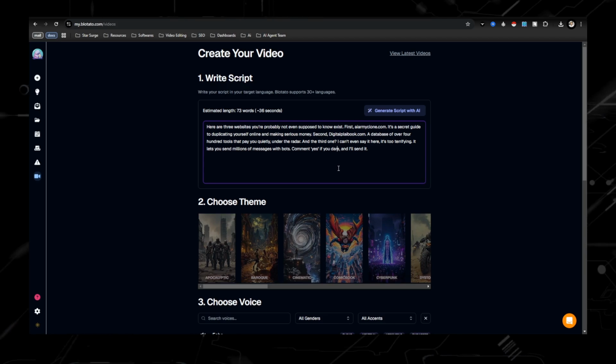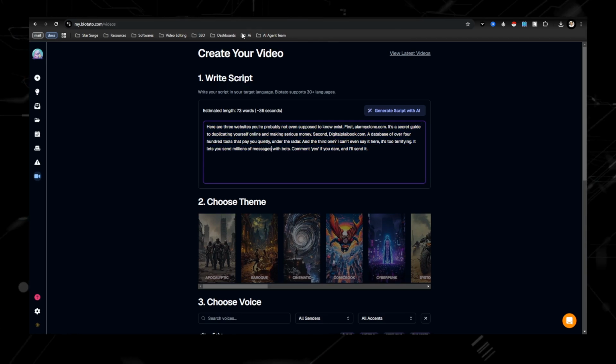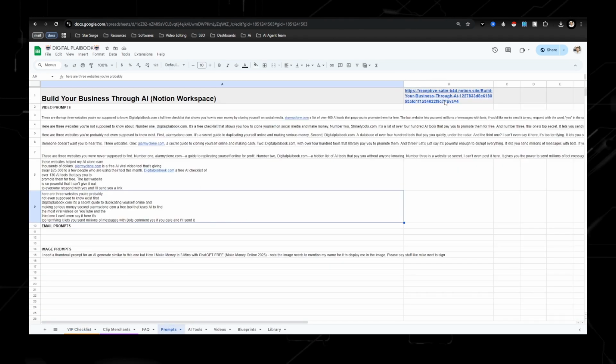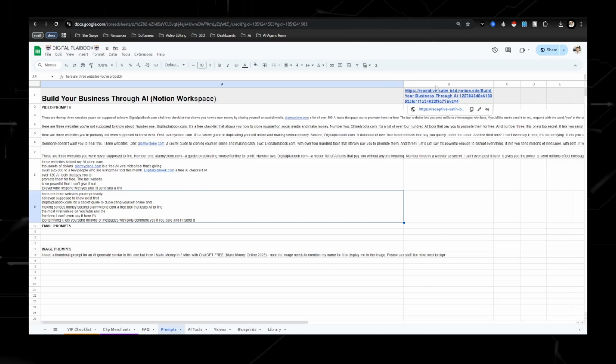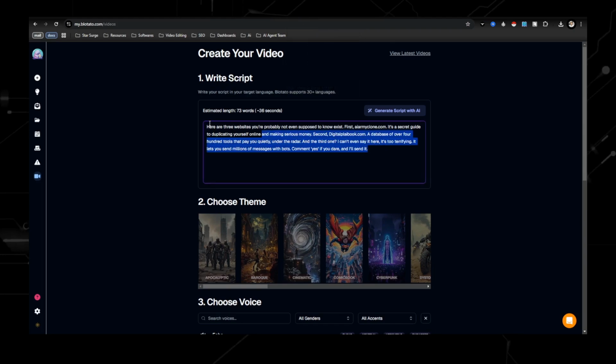You can see right here, this is kind of my bread and butter, as you can see from the prompts, and I give you those short form prompts that I use right here as well. This is just a Notion tab of different prompts too for using ChatGPT, which I highly recommend you use. Going back to Blotato, you don't need to use this.